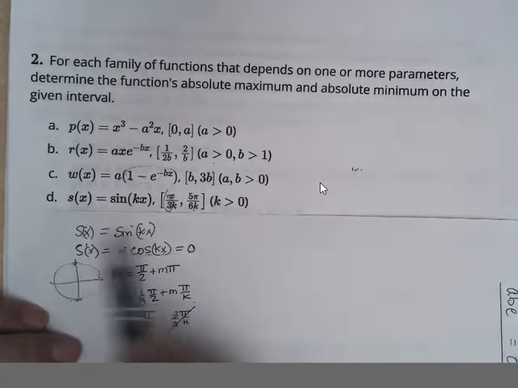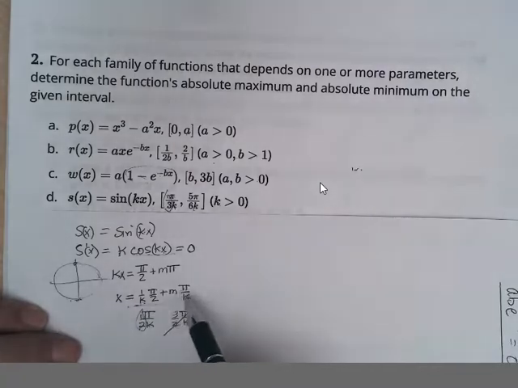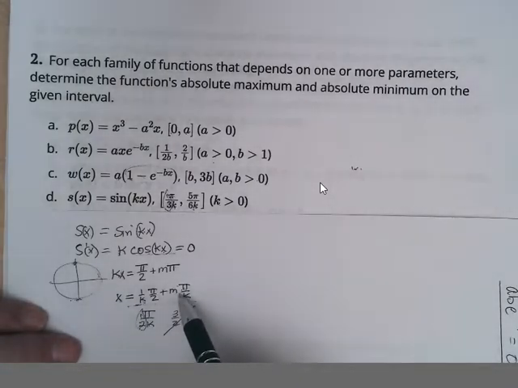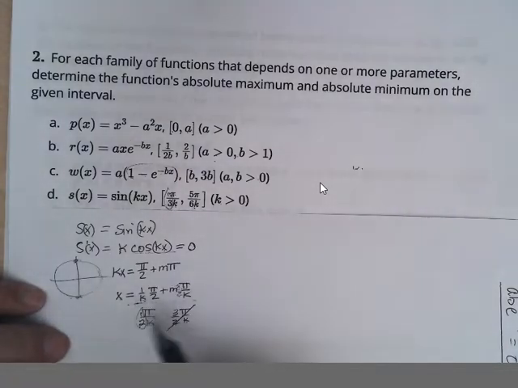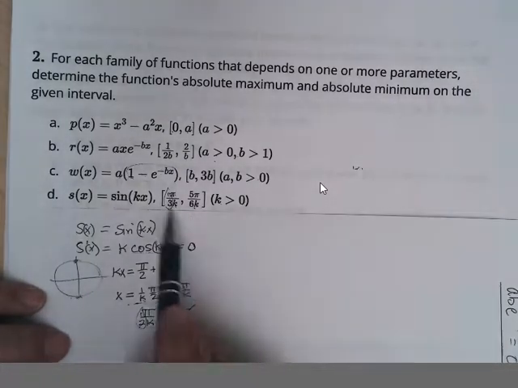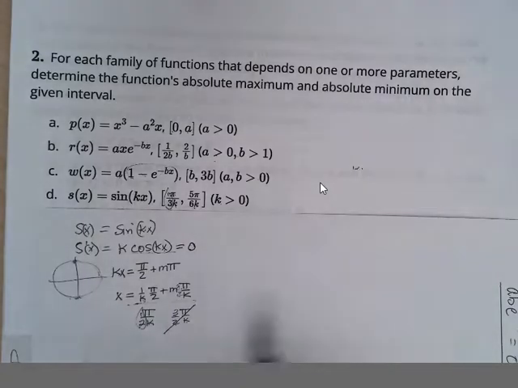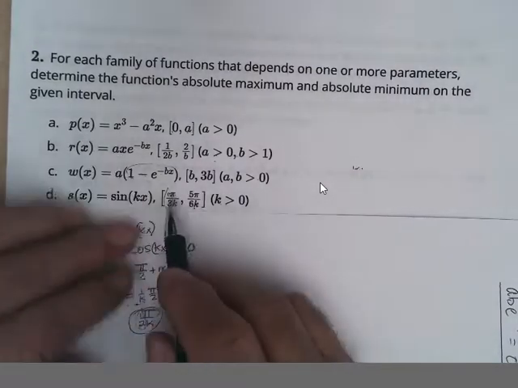And if we go down, subtract 2 pi over 2k from pi over 2k, we subtract 2/2 from 1/2, we get minus 1/2, and that's not going to be between these. So we only have one other critical value, and we plug in